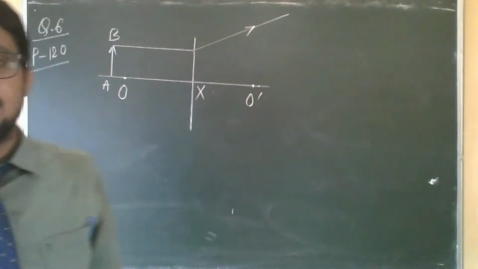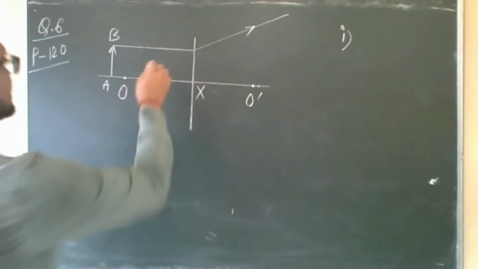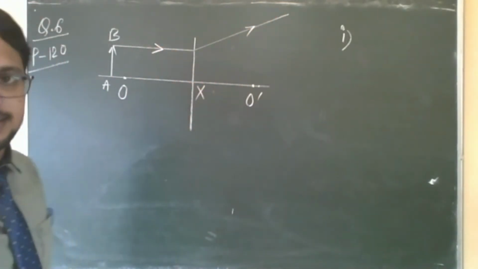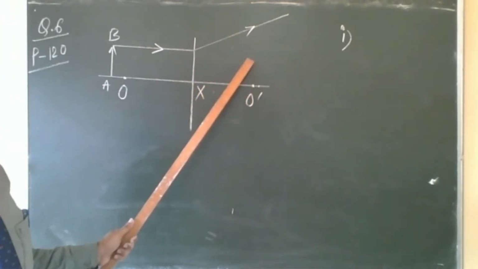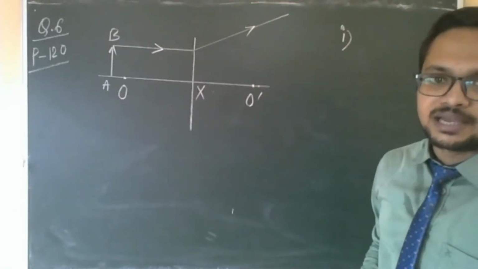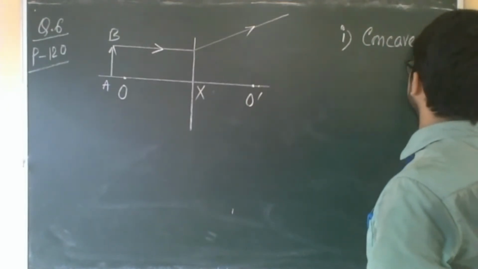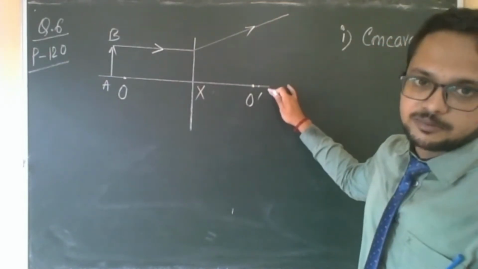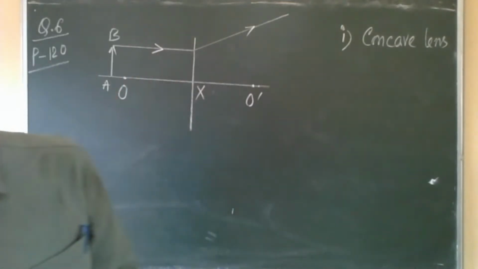Name the lens. First question, name the lens L prime. So which kind of lens? Here, this is the ray, and the ray is getting converged or diverged. It is going away from the principal axis. It is not bending towards the principal axis. So which kind of lens bends the ray away from the principal axis? Concave lens. Right? If it is a convex lens, then it would bend towards the principal axis. It can meet the principal axis on this side. It is not meeting here, so it is a concave lens.